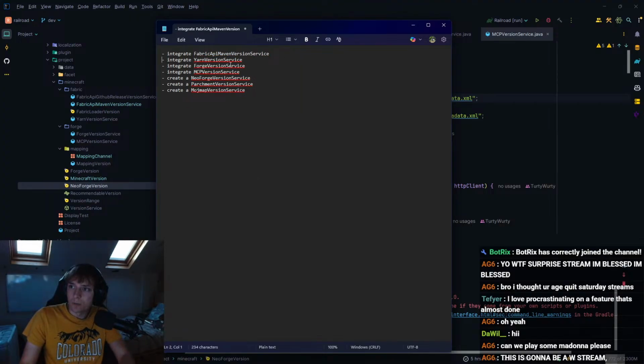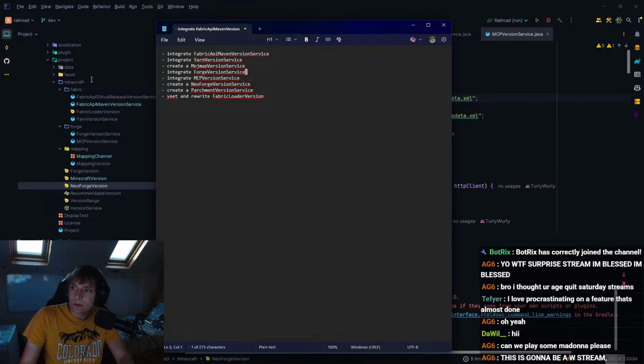Now this one I'm going to move to the bottom because that is the lowest priority, realistically. If I want to order these in priority, something like Mojmap is going to be one of the top priorities. I think we'll keep the fabric stuff together though, so let's do that. Then we've got Mojmap.